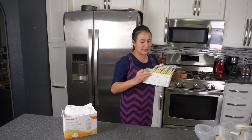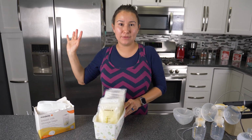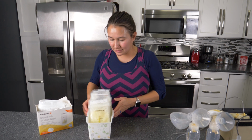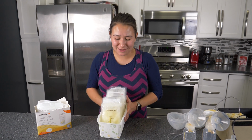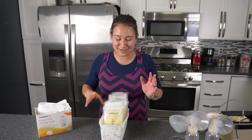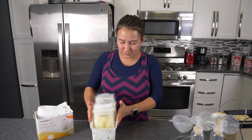So I have a shelf specifically for the milk, and I try to keep it towards the back of the fridge to help with freezer burn and things like that. So this is my little stash. Some people have a whole freezer, which is amazing. Kudos to you, that is awesome. I wish that I had that, but this is a good stock for us